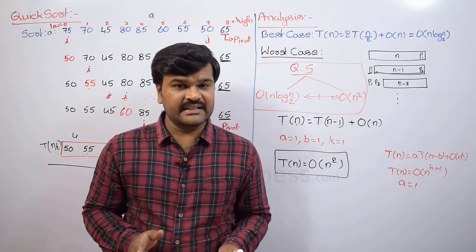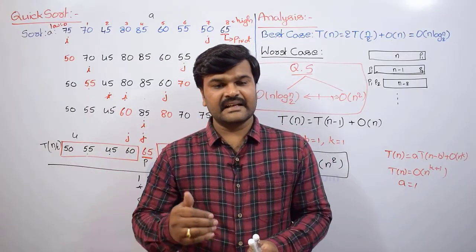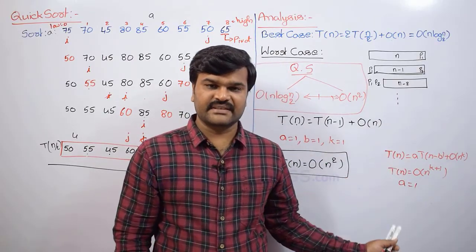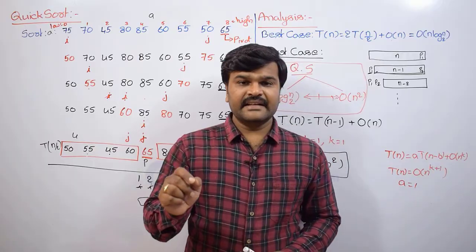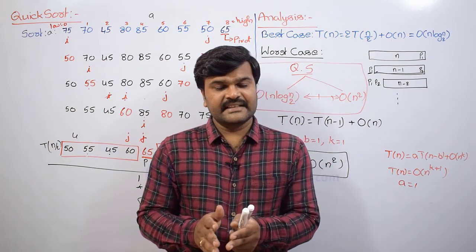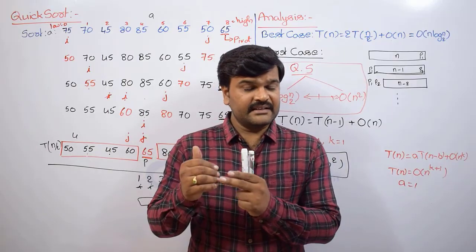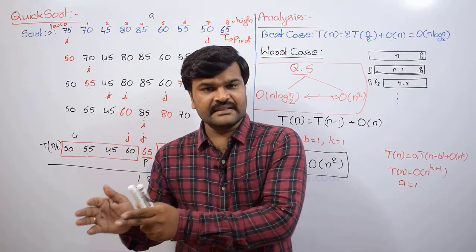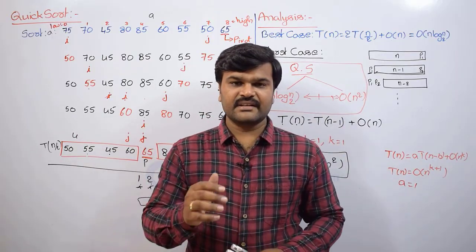So this is overall the quicksort example and its algorithm, and based on the algorithm and example discussion, we have seen the different cases of quicksort, that is, best case and worst case. In the best case, every time the pivot element is placed in the middlemost position. That is why it divides the given problem into two equal subproblems. And in the worst case, what is happening is that every time the pivot is placed in either the first position or the last position. So that is why you have different time complexities for quicksort.